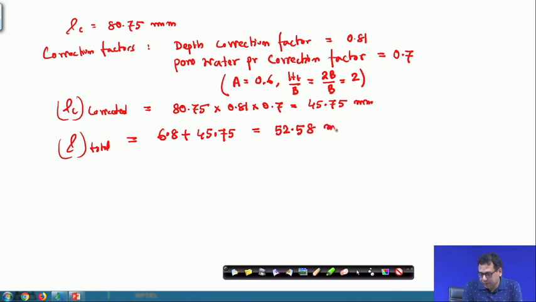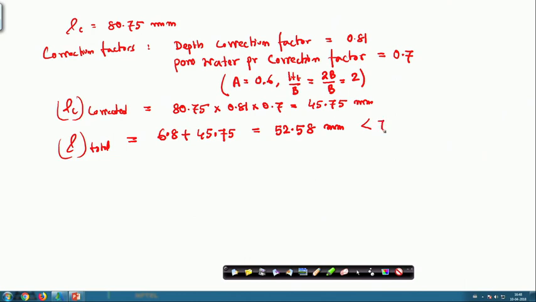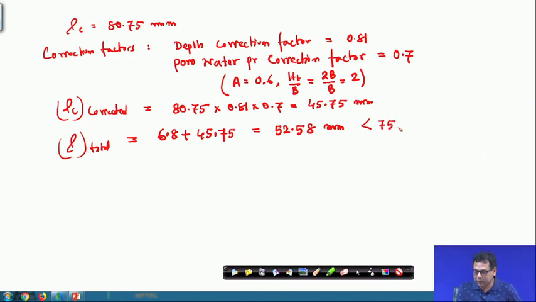So, that is equal to 52.58 millimeter. So, in the permissible settlement part, I have given that for the isolated footing RCC on sand, permissible settlement is 50 millimeter, and for RCC isolated footing on clay or sensitive clay, here it is that type of clay where it is soft clay, or medium clay, their permissible settlement is 75 millimeter. So, our settlement is less than the permissible settlement as per the IS code.